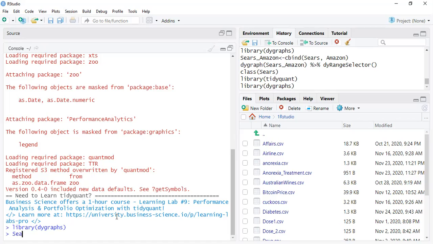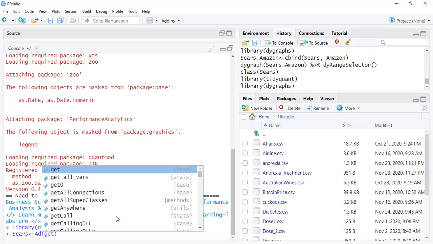So we're going to get Sears. Remember Sears? Maybe you do, maybe you don't. We're going to get the adjusted price. There's also the close, the high, and the low. The adjusted is always better to get for a stock because that's after it pays out its dividends and other things. But you could do close. Close is usually higher than adjusted. That's why I use adjusted. I think it's a fairer measurement. But regardless, we're going to do adjusted,